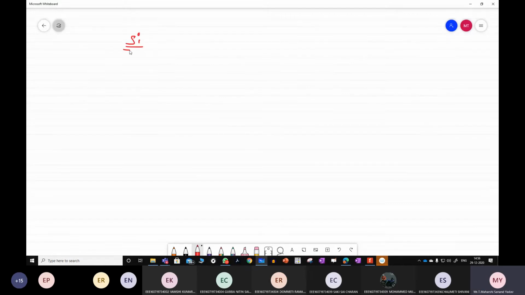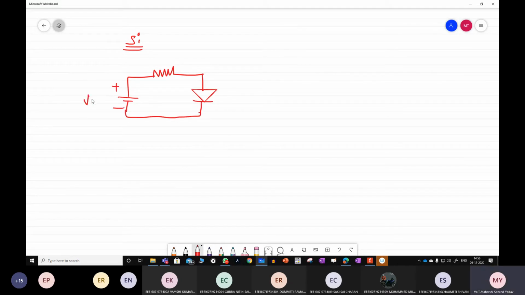Suppose I want to know how much voltage or current is present. Suppose I'm going with this circuit: a voltage source followed by a resistor and one PN diode. This is the supply Vs, the resistance, and this is the diode. Suppose I'm considering this diode as a silicon diode. Tell me the working of this. I think it will be very easy for you, as you have already studied this. How to analyze the working of this diode?